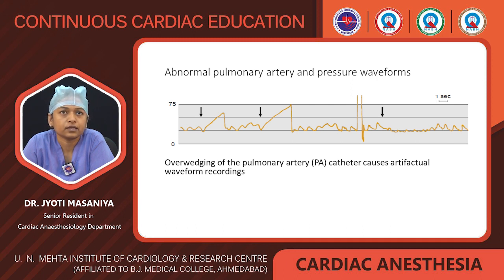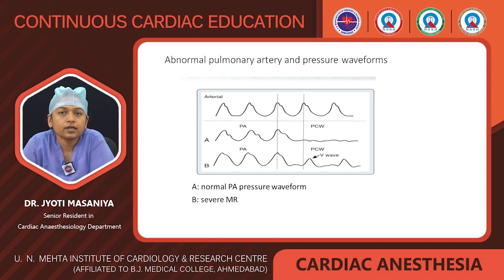and the pulmonary capillary wedge pressure tracing will reappear. You can see in this figure, due to the mitral regurgitation, there is a large V wave in the pulmonary capillary wedge pressure tracing. The upper pulmonary capillary wedge pressure tracing is normal. The presence of this V wave causes changes in the PA pressure waveform also, that lead to widening of the PA pressure and loss of the dicrotic notch.